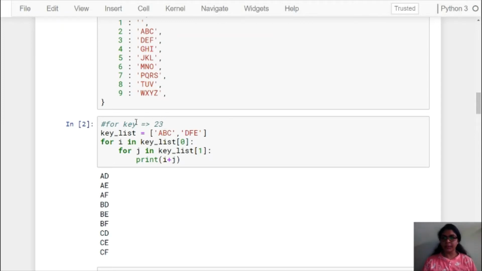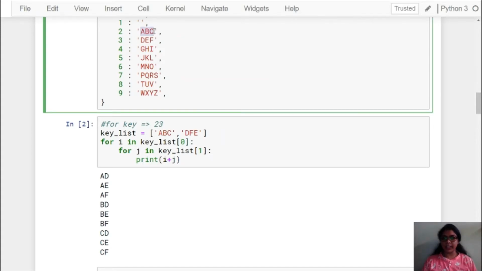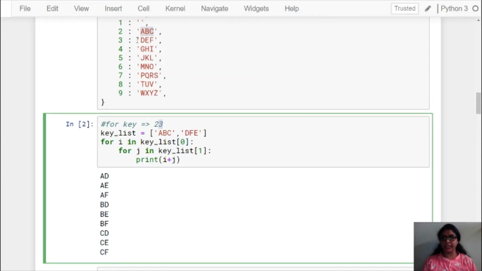ABC is associated with 2, and DEF is associated with 3. So we have two character sets here, and you need to save them somewhere. Here we will use a list. You can use either a tuple or a list, or even a set. Here we are using a list to save these character sets.